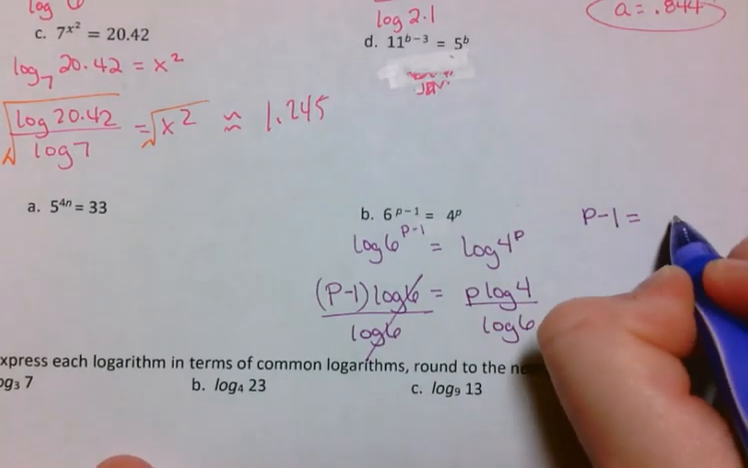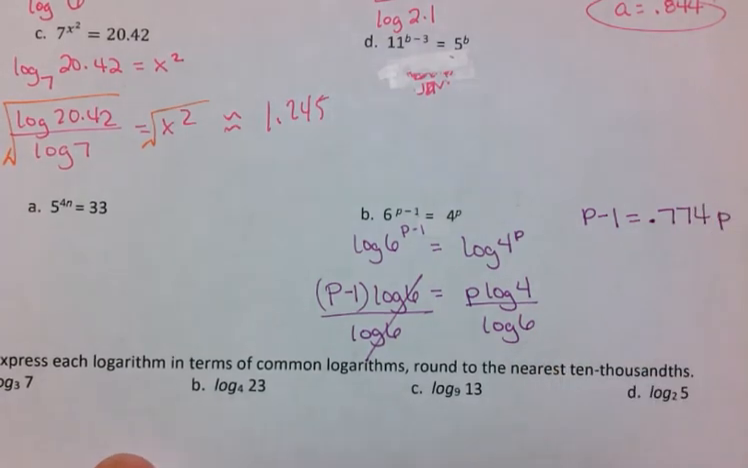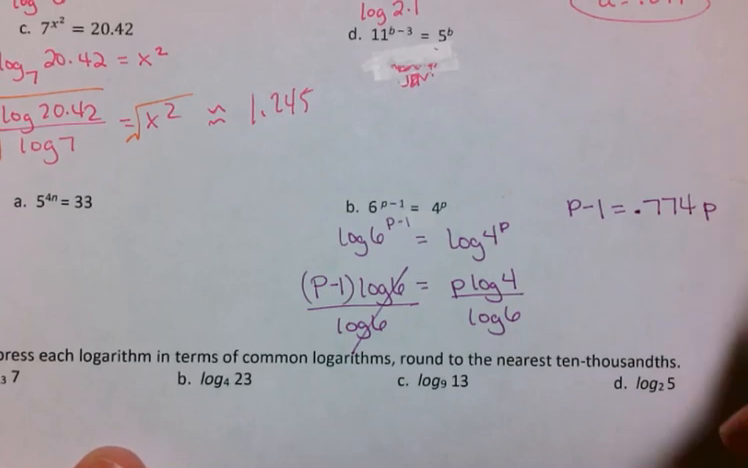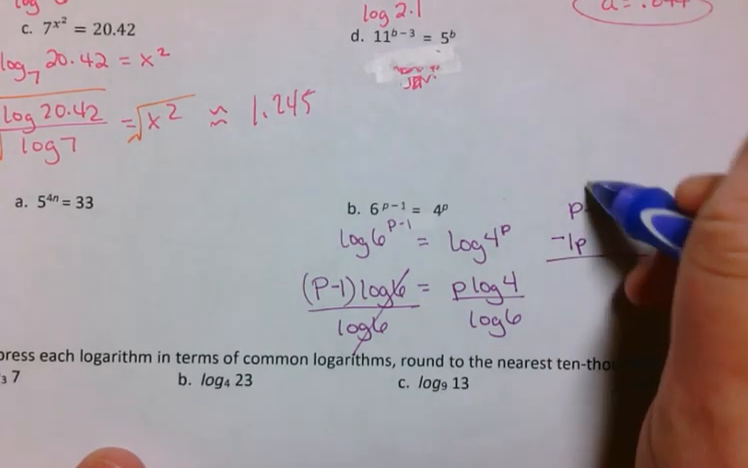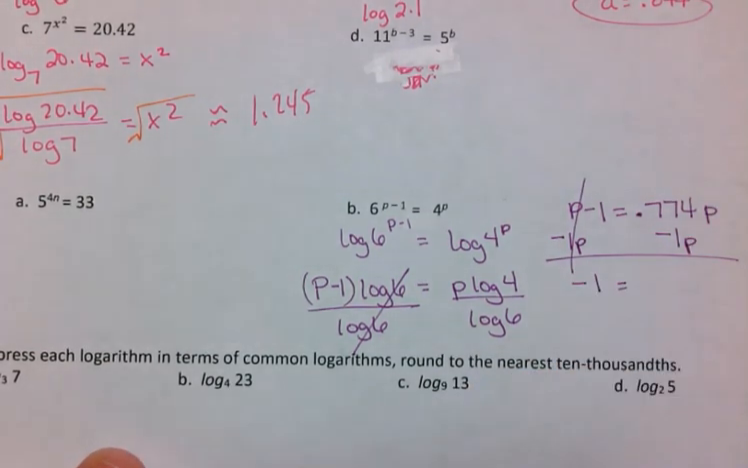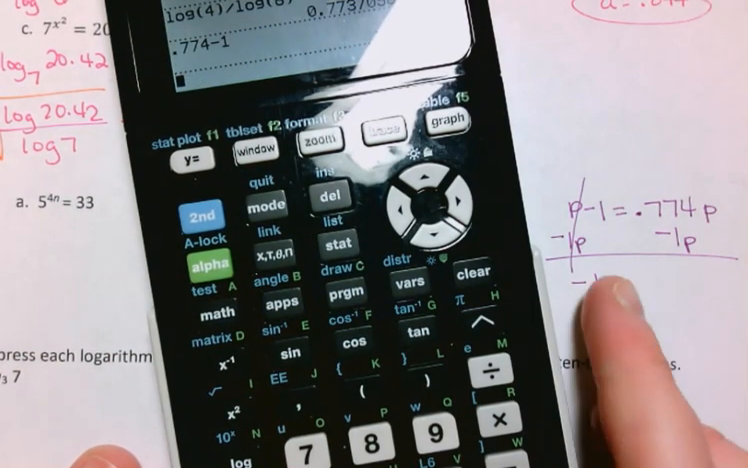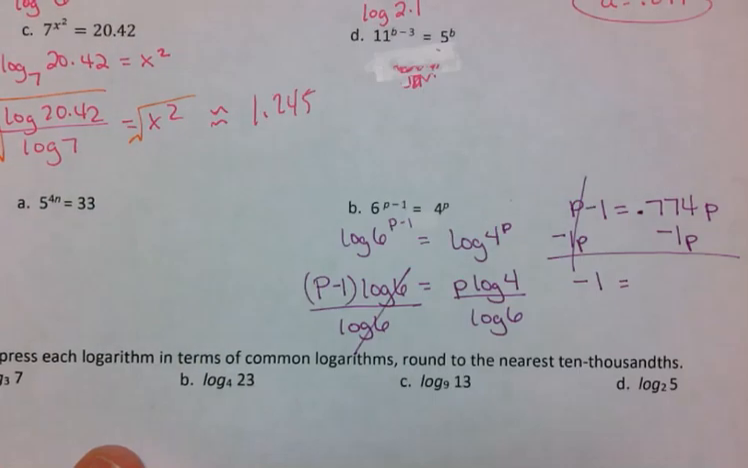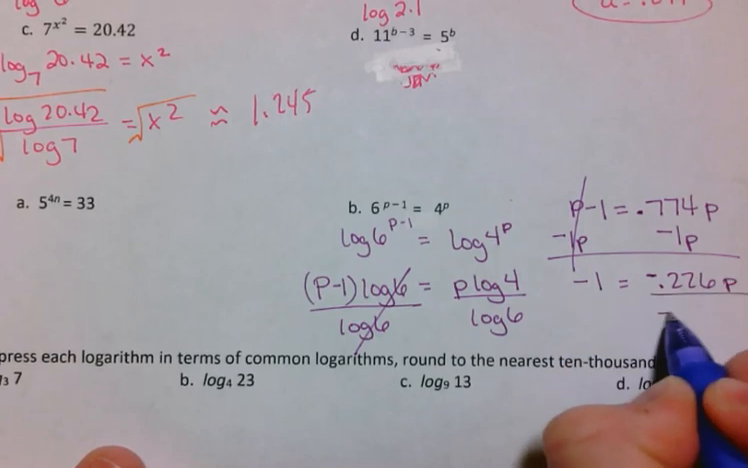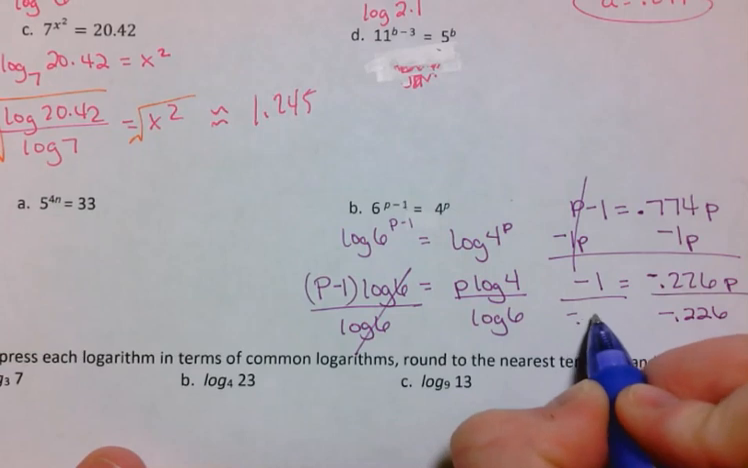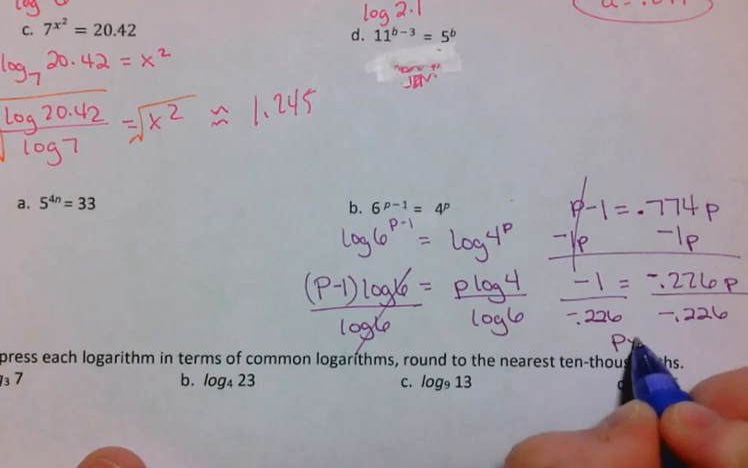So I'm just going to round to the nearest 10,000th throughout the whole time. 0.774p. I'm going to subtract 1p from both sides. I'm showing that this time so you guys can see that. Minus 1 equals, so 0.774 minus 1 gives me negative 0.226p. Divide by negative 0.226, divide by negative 0.226. P is approximately